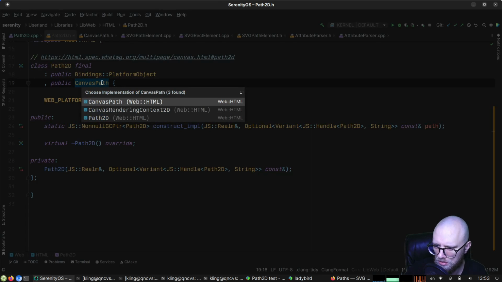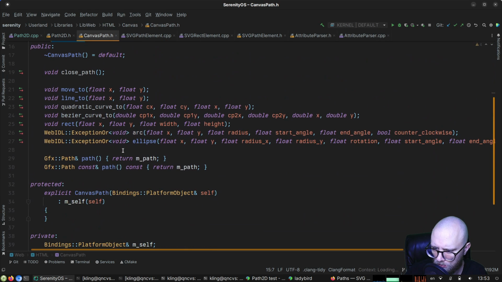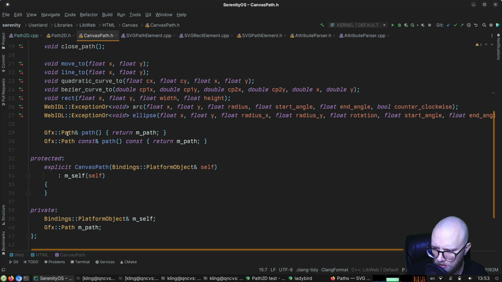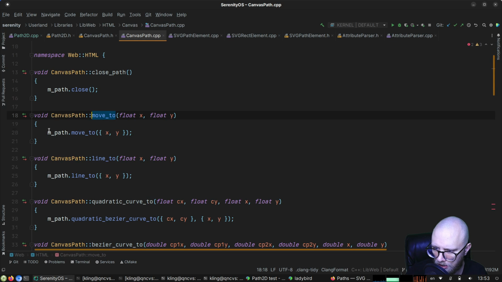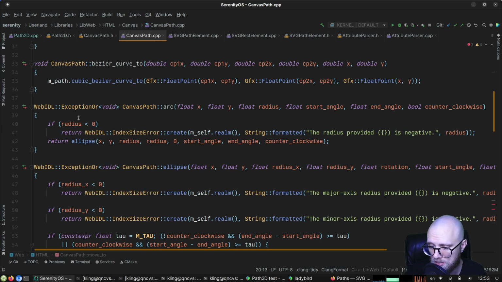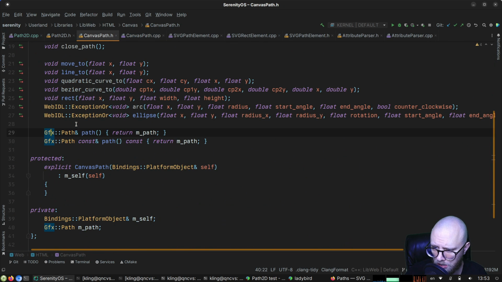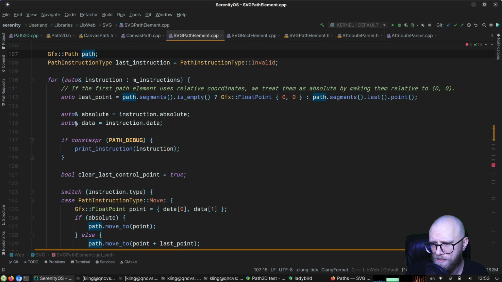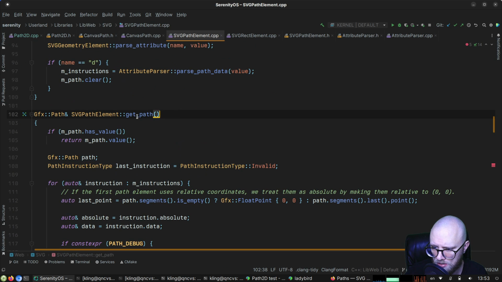Would that work? Canvas path. Canvas path is a graphics path underneath. Right. And these things just call through on that. Right. So if we were to just do exactly what the SVG path thing does, and then just assign over the underlying path, I think that would be okay too. Yeah, so maybe we just need to yoink this thing out of SVG path element and make it be something more like,